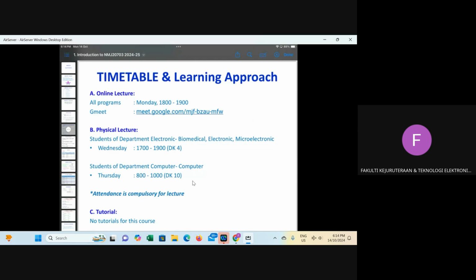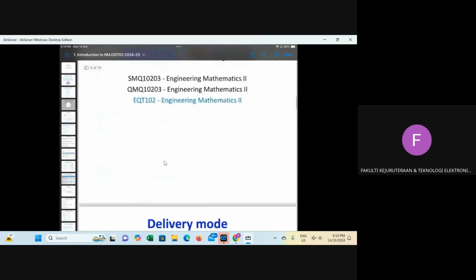And then for the student from Department Computer, that is computer programs, you're going to have a physical lecture with me on Thursday, which is early in the morning, from 8 to 10 a.m. at DK10. Late in the afternoon for electronic departments, and early in the morning for the computer program. Okay, so for this one, maybe,